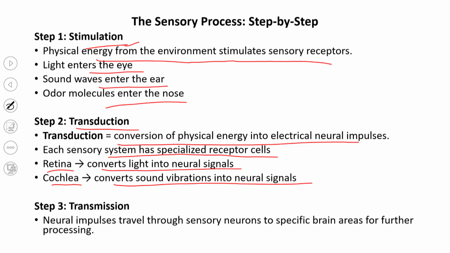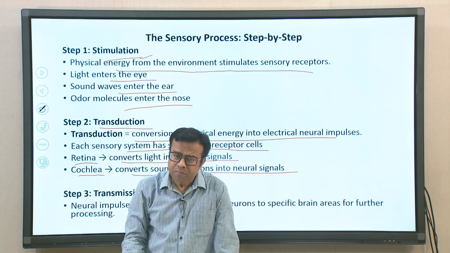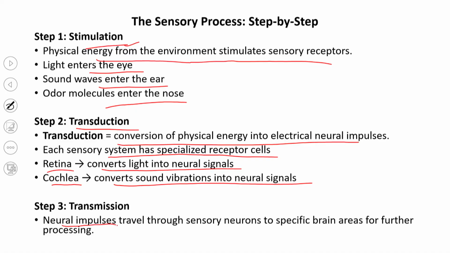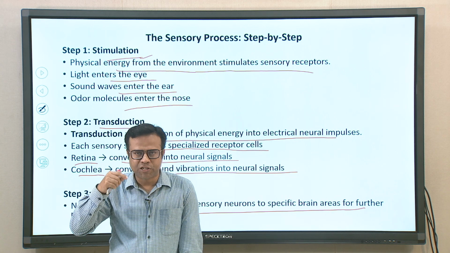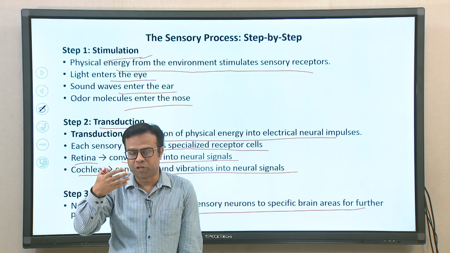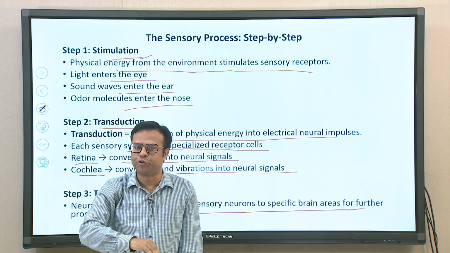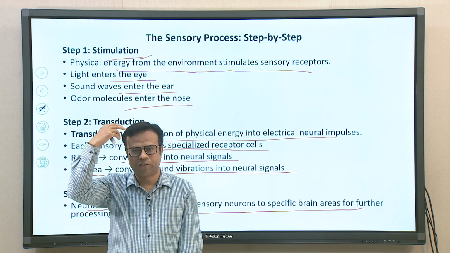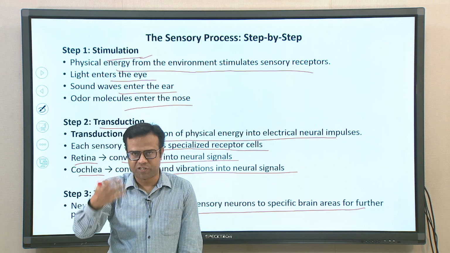So, the first step is stimulation, then there is a conversion of energy from physical energy to neural impulse, which is called transduction. The last step is transmission. What happens here? The neural impulse, whatever got converted in the sense organs, travels through the sensory neurons to specific brain areas, and all these senses are connected to the brain. So this neural impulse, which came about through transduction, where physical energy got converted into neural impulse, then travels from the sense organs to the specific parts of the brain where the processing happens,